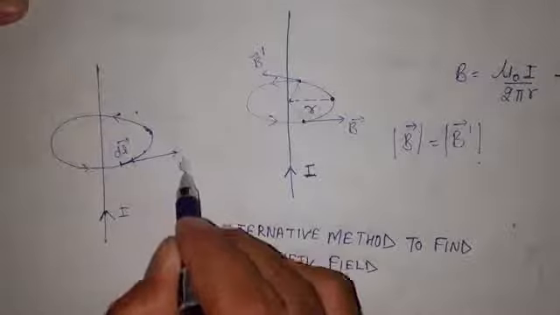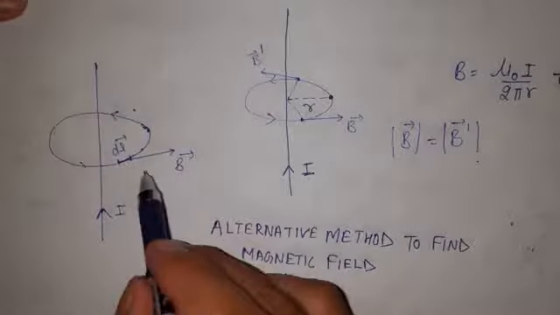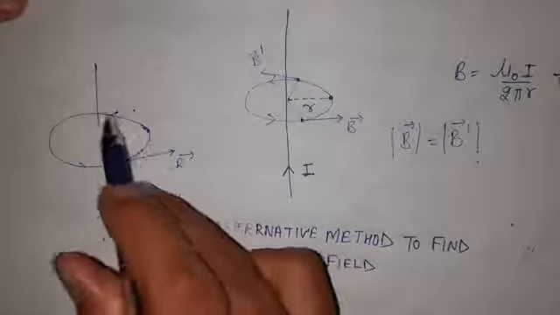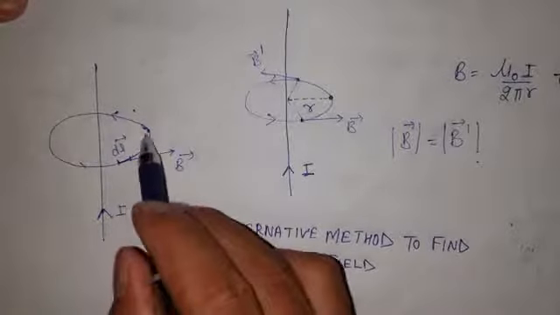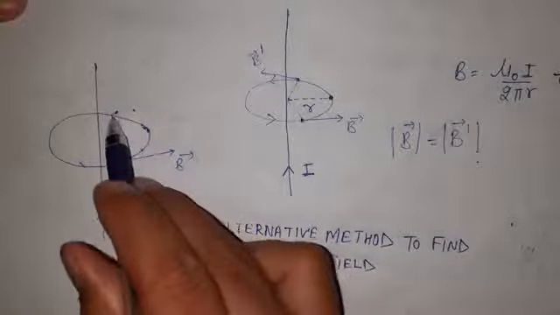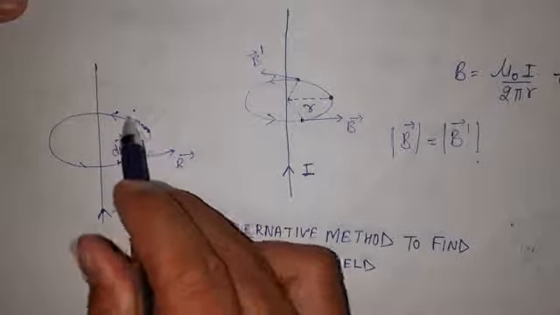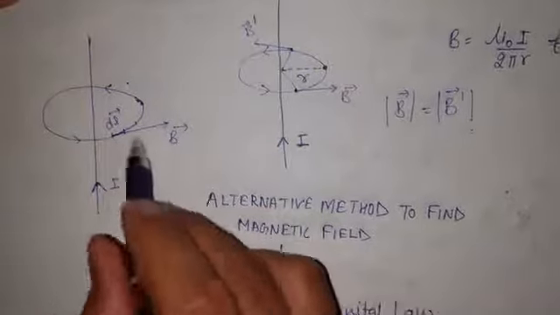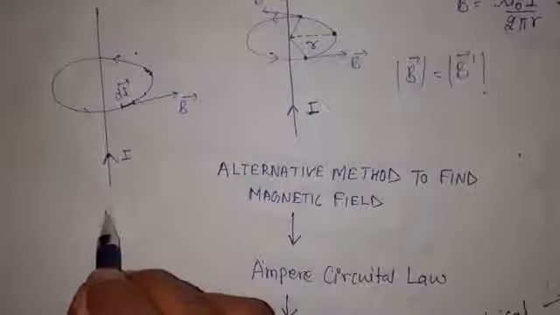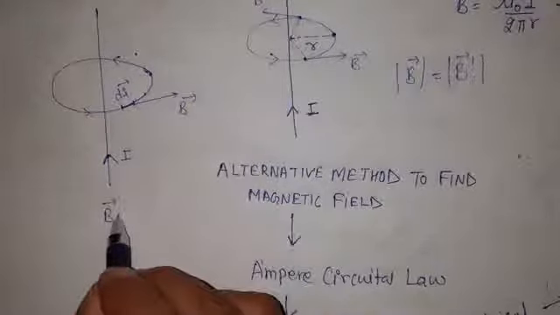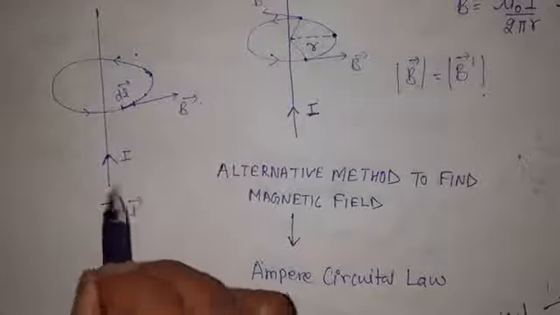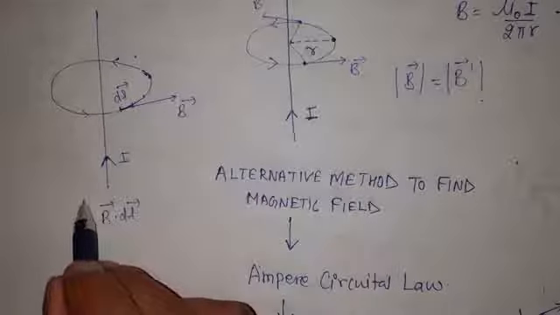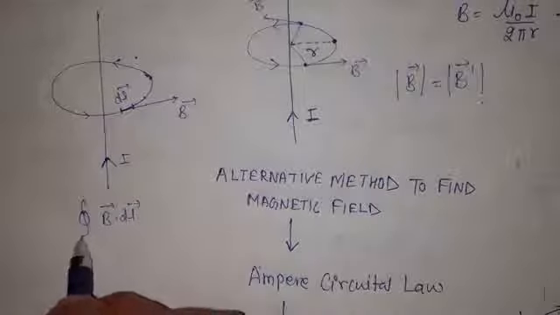So it is going to act tangentially. Okay, so here the magnetic field on this closed loop we can determine by adding all these small elements on which there is this magnetic field. So here we are going to add this magnetic field on these small elements on this closed loop.